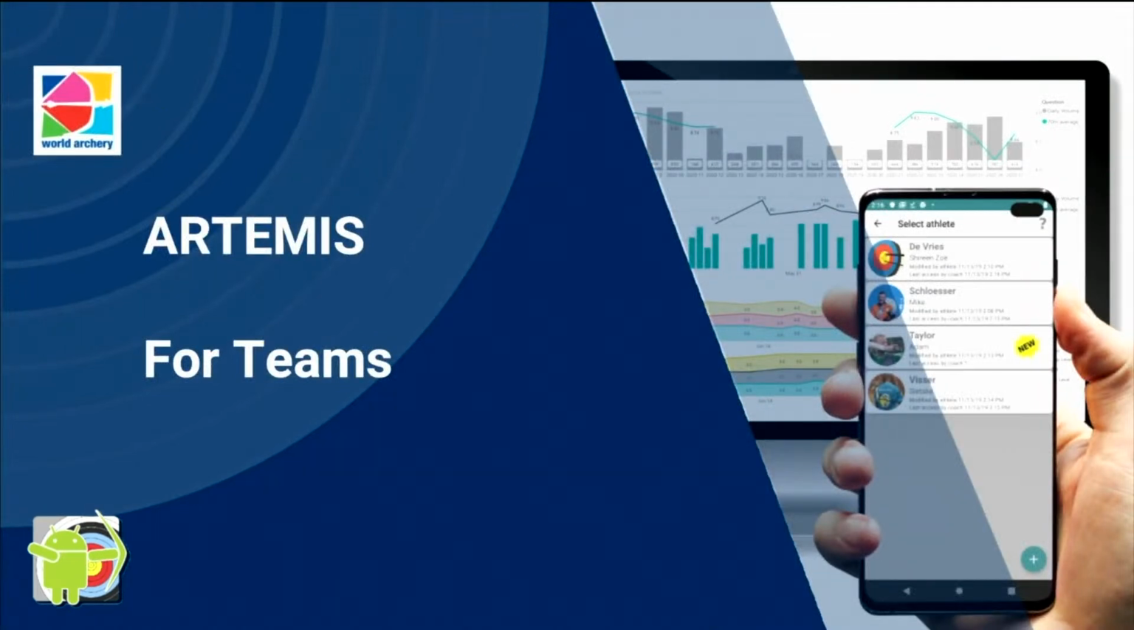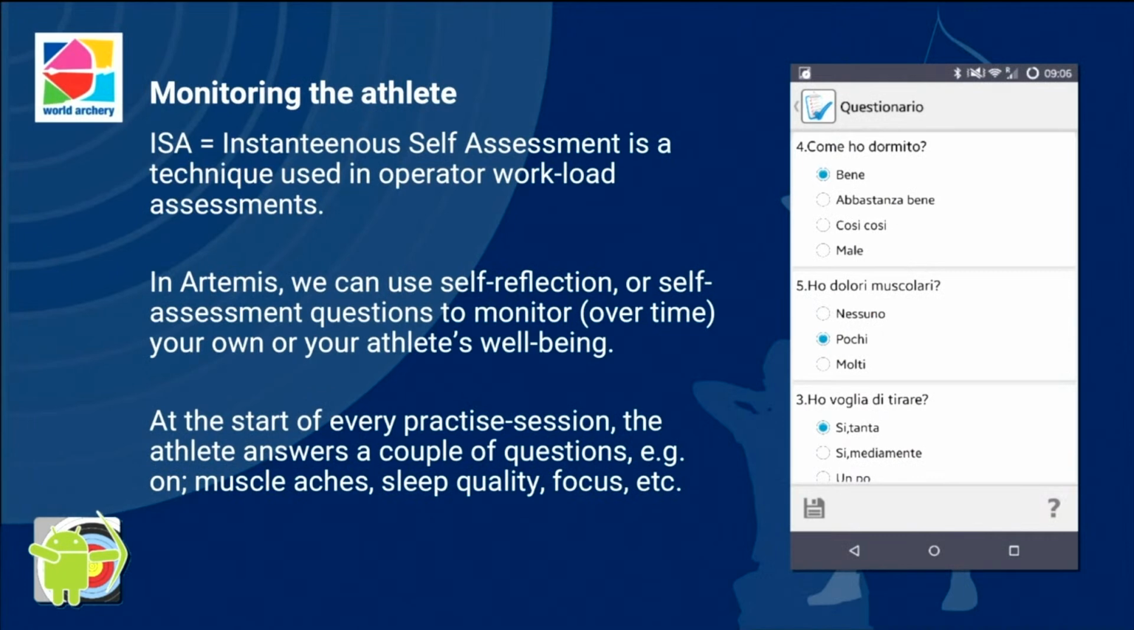So when you're coaching bigger teams, you are not only interested in their raw performances, so their scoring ability or how much volume of arrows they practice, but you might be interested in their mental well-being as well. And Artemis can help with that by what's called instantaneous self-assessment or self-reflection questions. So you and your coaching staff can